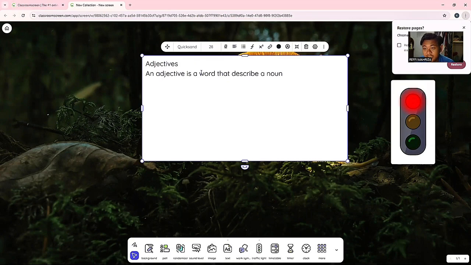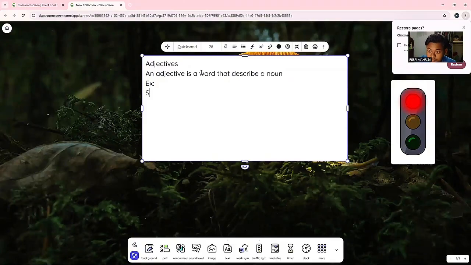So, an adjective is a word that describes a noun. A noun can be a person, an object, an animal, or anything. Adjectives tell us what something looks like, feels like, or what condition it is in. For example,